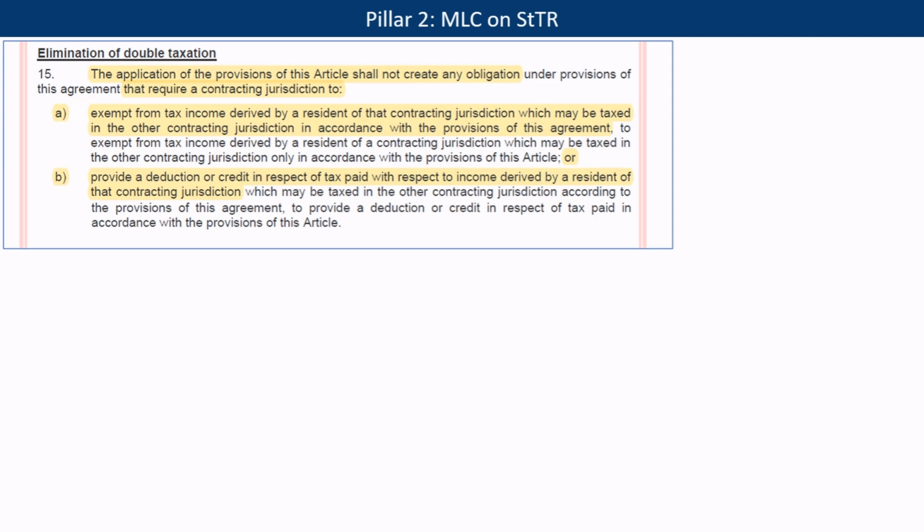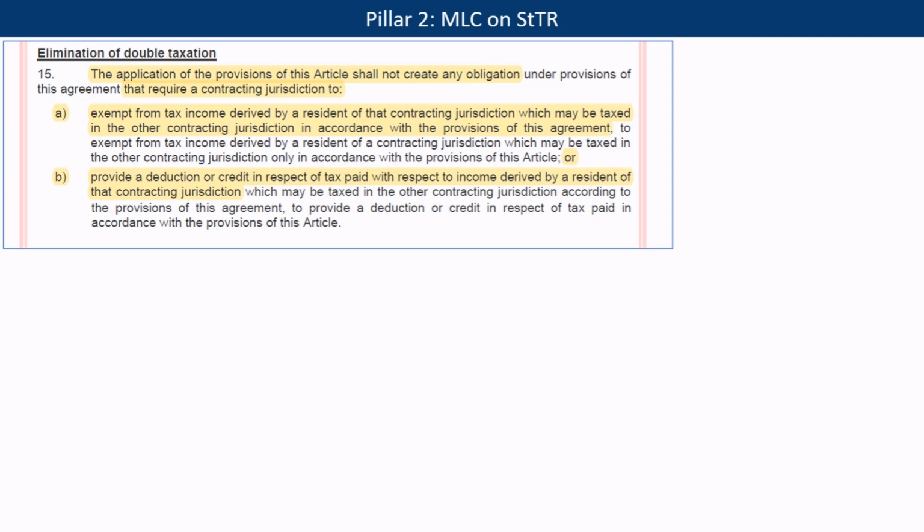So you must give double tax relief for income that is normally taxed, dividends, interest, royalties, whatever you want, according to Article 23A or B, but you don't have to give double tax relief for the STTR payments, because that would defy the whole object, right? Because the whole idea is to increase your total tax rate, and if you were going to get a credit from that in the bad jurisdiction, if you want, because they are below 9% tax,